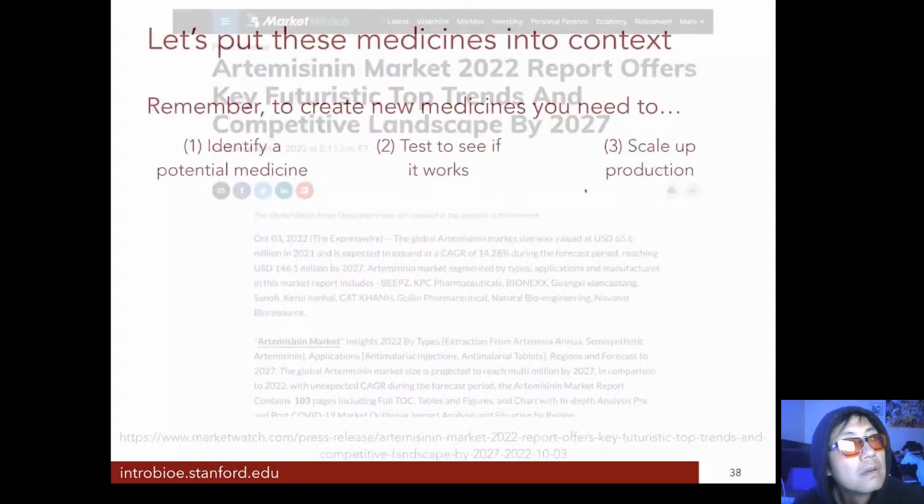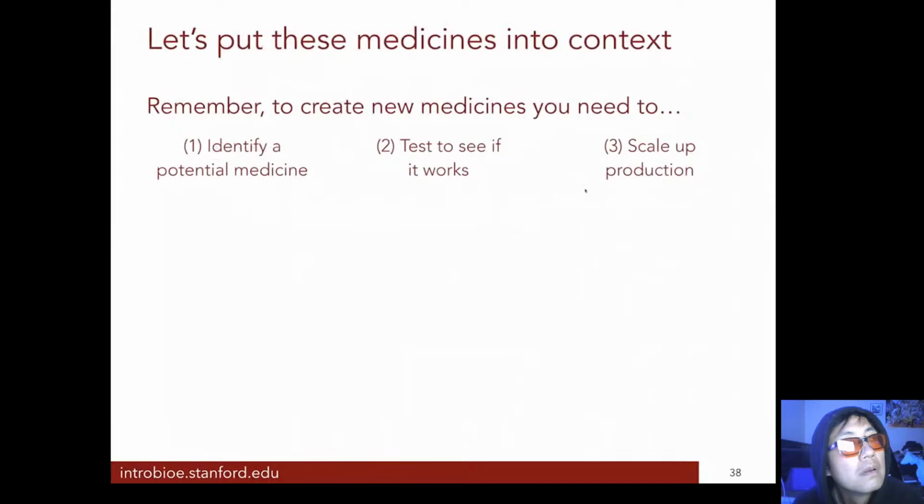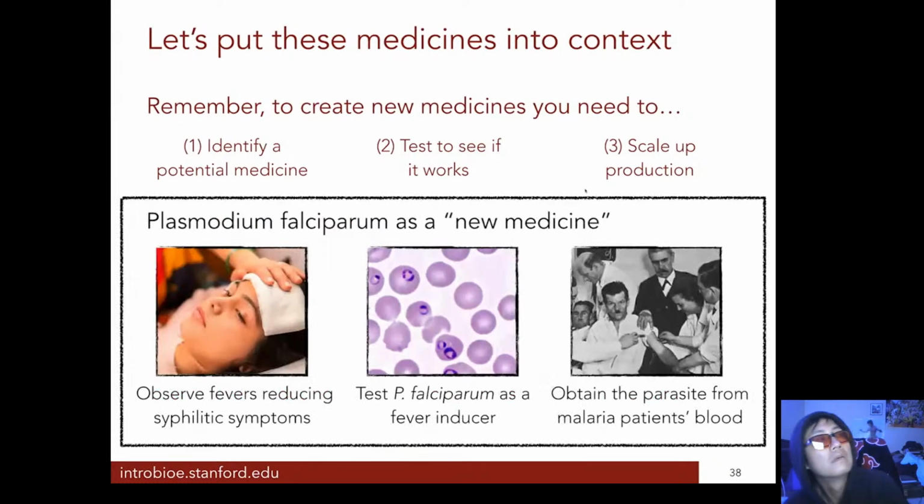And I just want to put them into context for you. So remember, at the beginning of this lecture, I said that I wanted you to pay attention to the steps to creating new medicines. Remember, we need to identify a potential medicine, test to see if it works, and then scale up production. Well, if we think of Plasmodium falciparum, the parasite that causes malaria, as a new medicine, then this first step, identify a potential medicine, occurs when someone observes fever-reducing